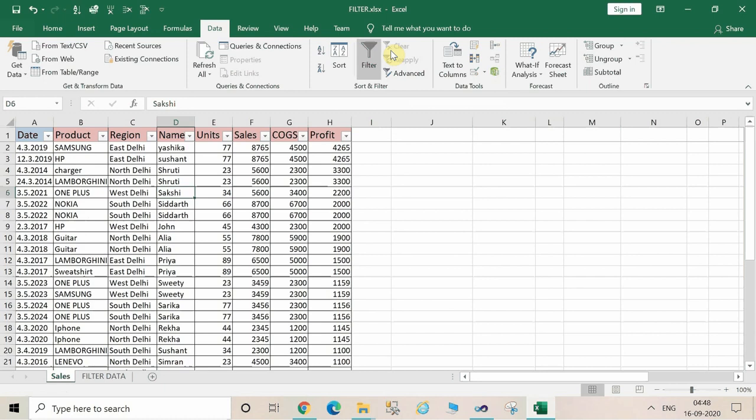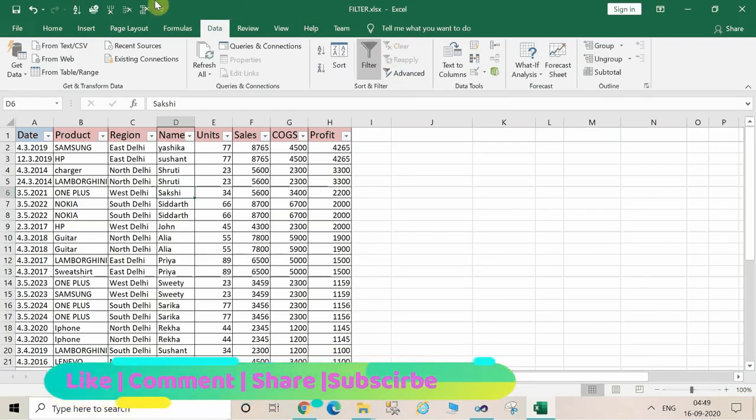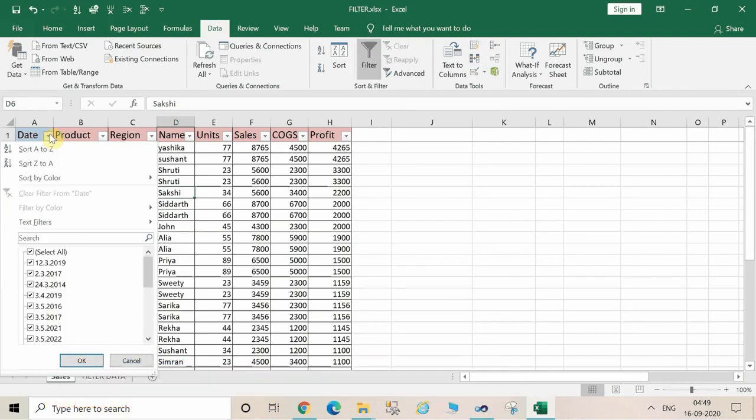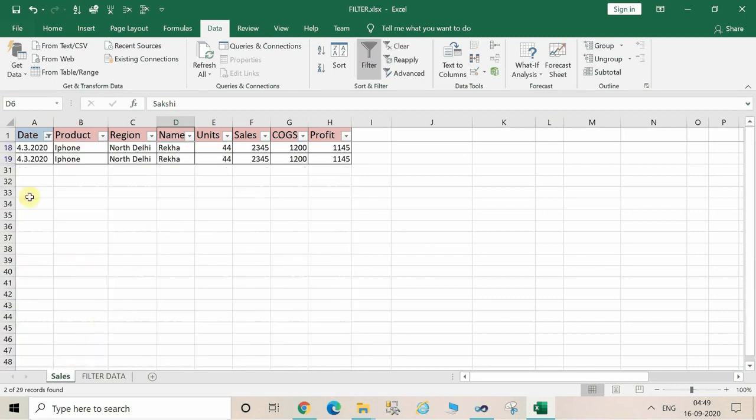And now come to the date option. This is the most interesting feature when you're applying filters in Microsoft Excel. Click on the date. Here it's the same as the text and numeric data. Obviously, you can directly search for the year. Like I want the year to be 2020. Yeah, one entry of 2020 is there. Just click on OK. So here the entries of 2020 will be displayed.